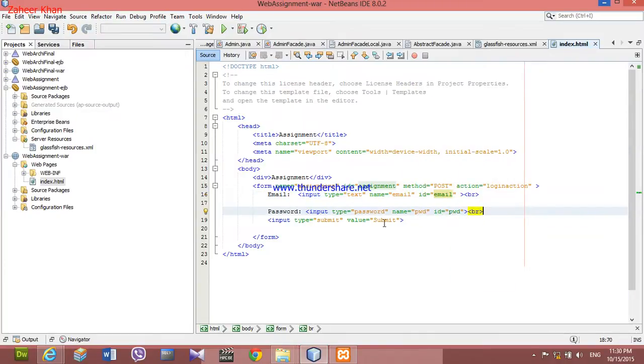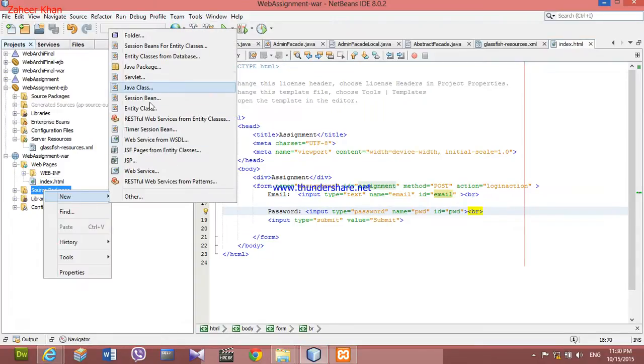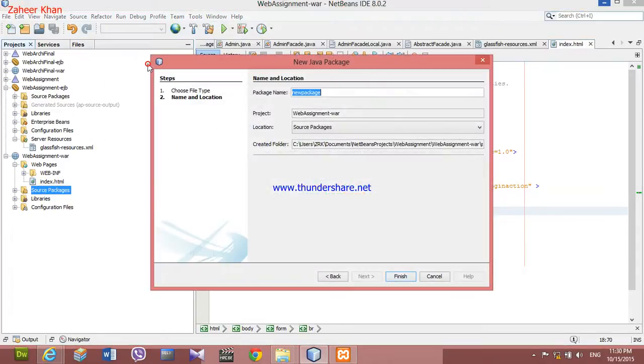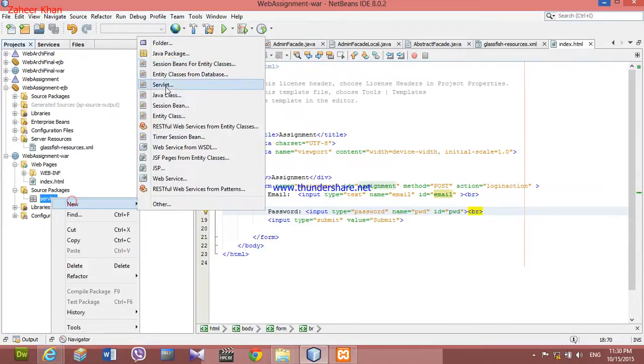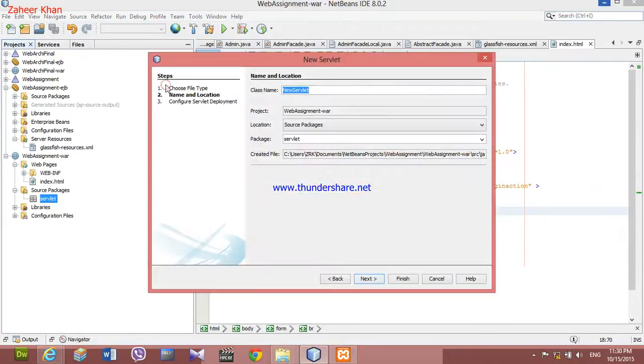Create a submit button so that if we click, it goes to the required page and so on. So we give the email, give the password,